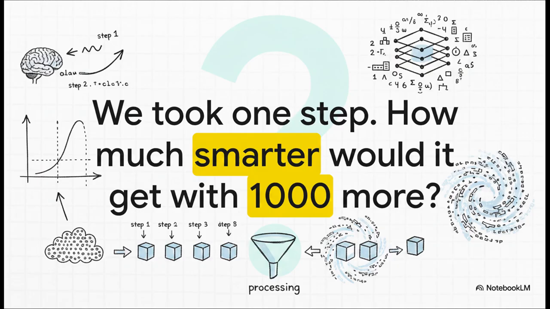So the thing to think about is this. If our simple model got this good after just one step, how much smarter could it get with 1,000 more, or 1,000,000 more,